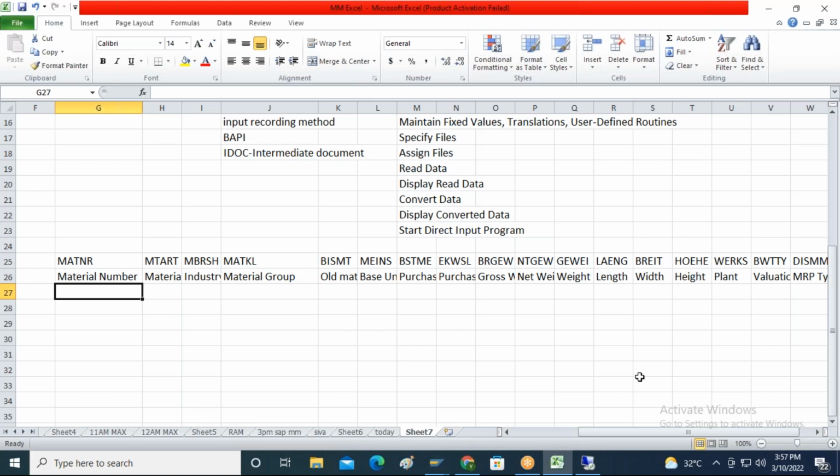We will give it as a blank. So let us say material number XY100. Okay, material description, material type ROH, industry, cement industry, mechanical industry, material group